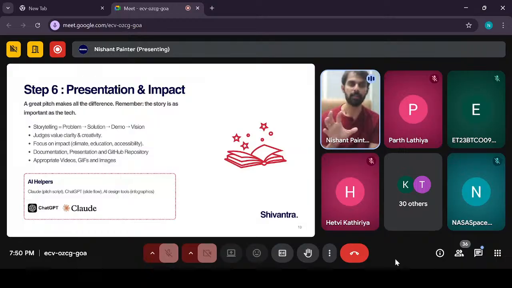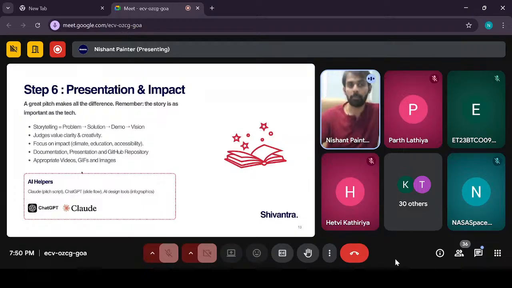Then you should have a small presentation on what you exactly do, what challenge you took on and how you provide the solution. And finally, the GitHub repository. This GitHub repository should have all your code, but it should also have a README, which lists how exactly your application works and what to do if someone wants to start the application locally. Right? You should have the exact technical steps listed over there.